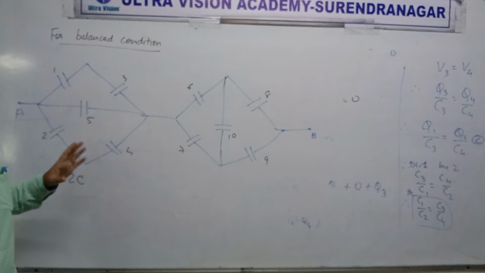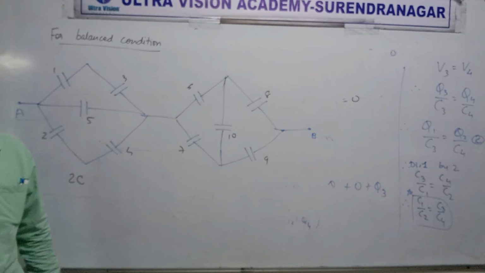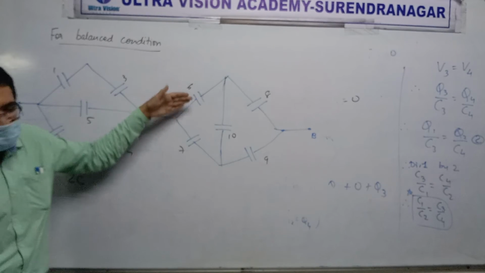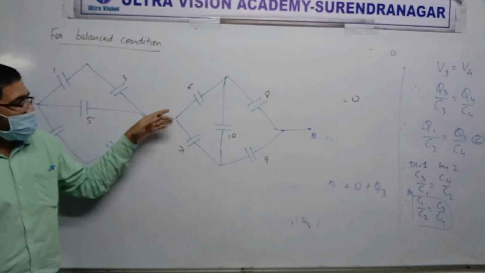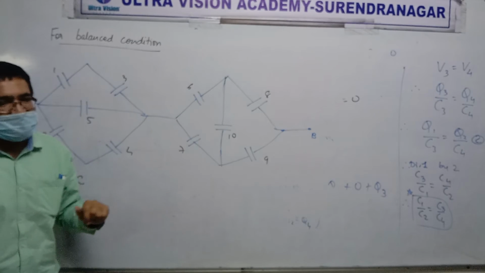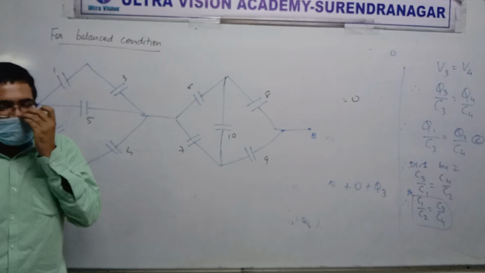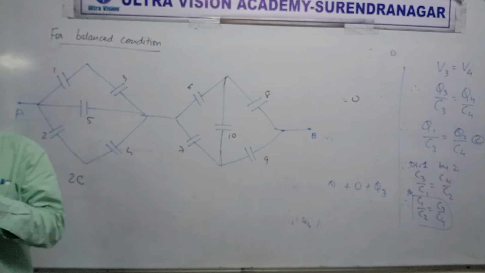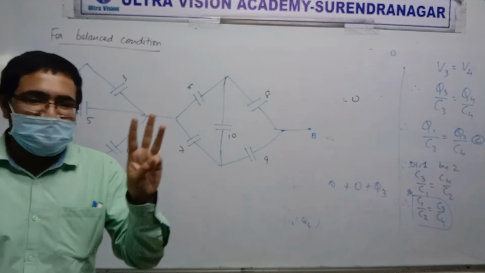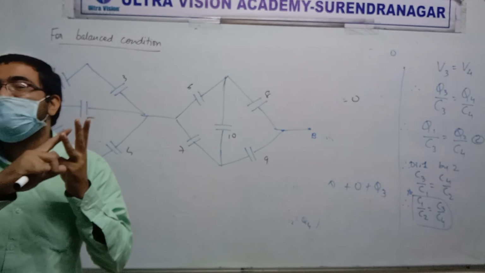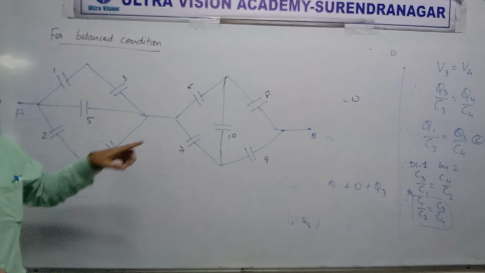Look at things. Is anything in series or parallel? 6 and 7. How series? Can you go from 6 to 7 without a branch? So they are in parallel. What is required to do? There are three things. One is series, second is parallel, and the third is neither. Okay, they are not in series.